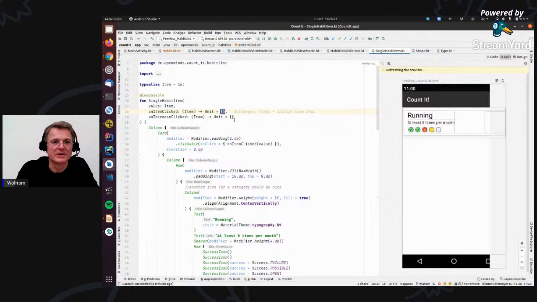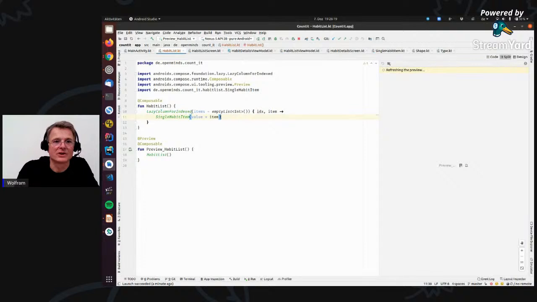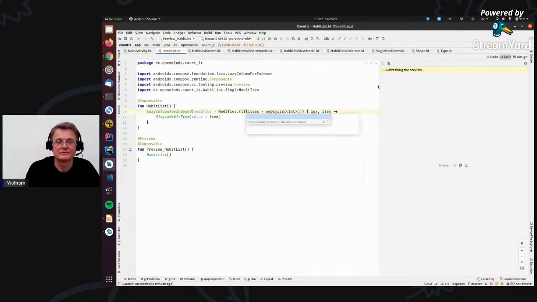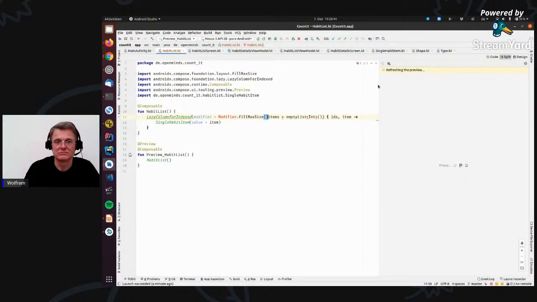But I have default values for that, so I don't need to pass anything in for that. So why isn't it showing up? Maybe because I forgot some modifier. I'm not actually sure. But let's